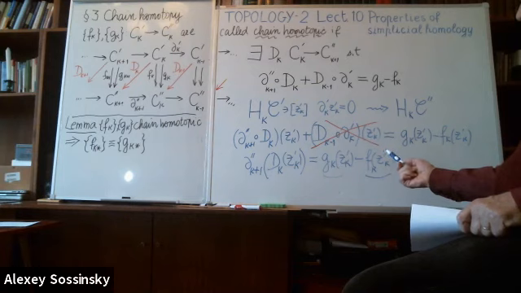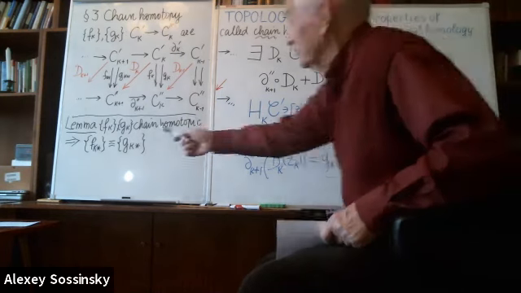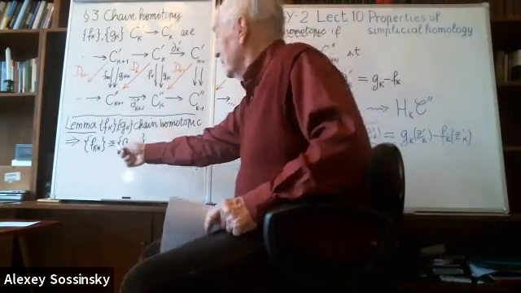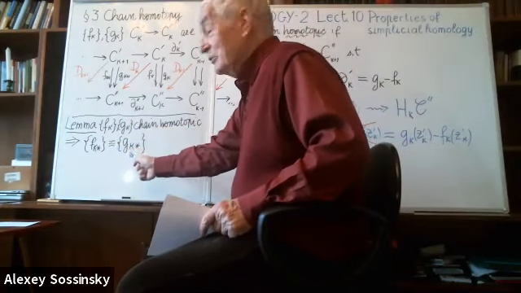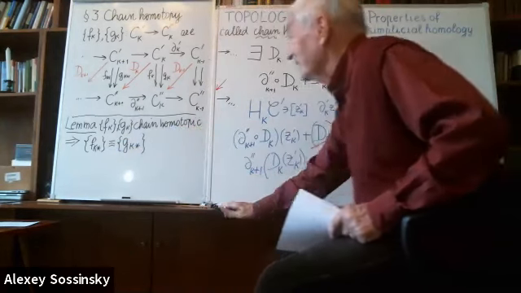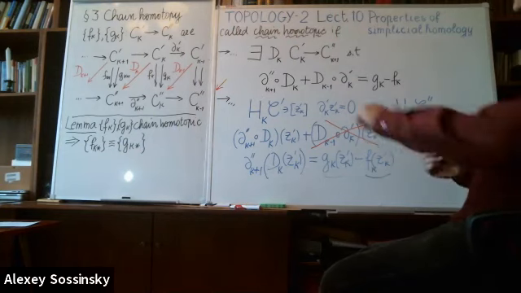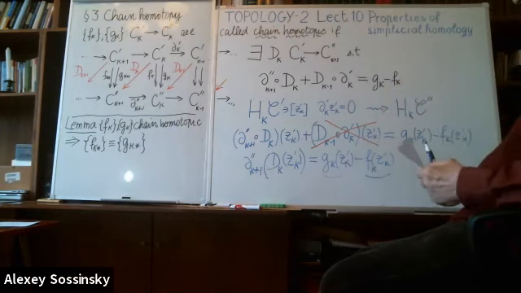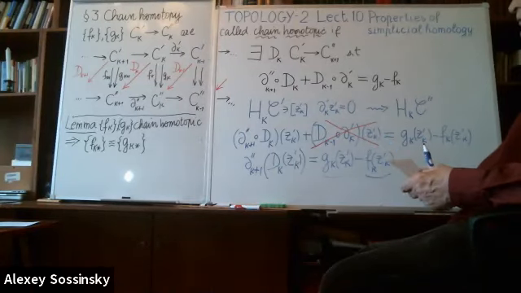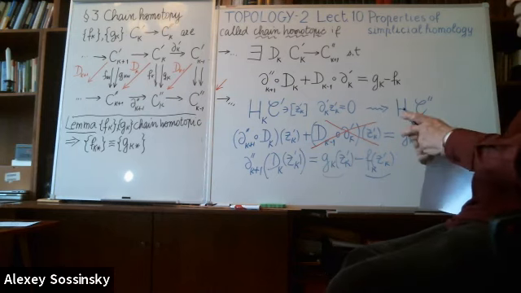Well, that means they are homologous. And this means that these two homomorphisms of homology groups must be exactly the same. So that's the end of the story about chain homotopy. We will use this fact eventually. And perhaps going ahead,